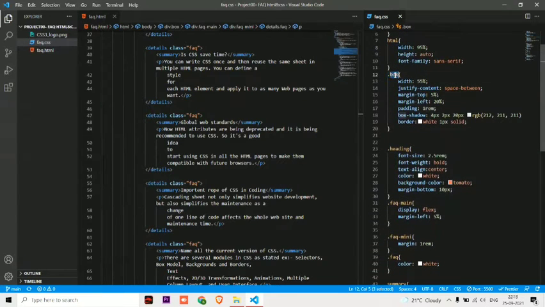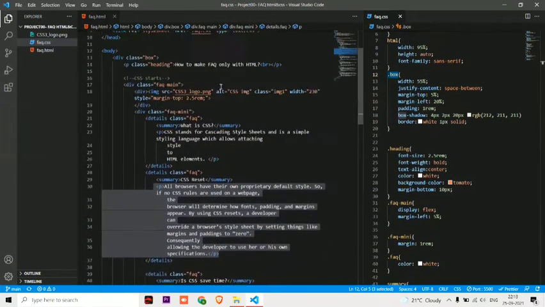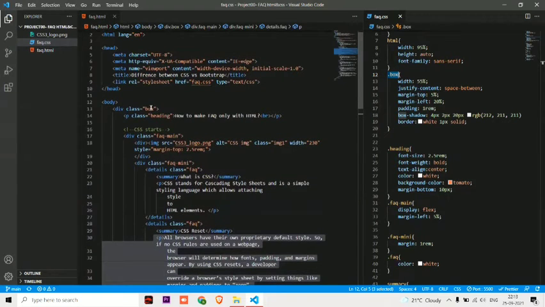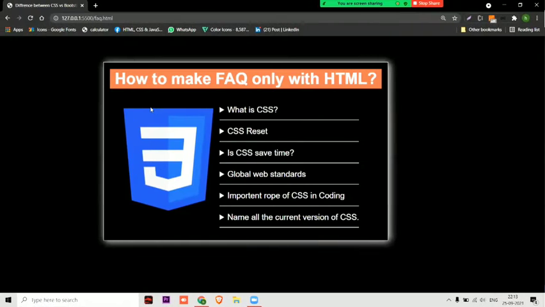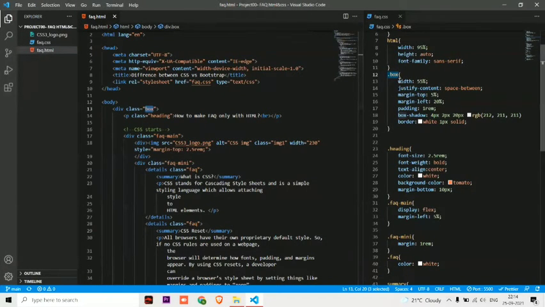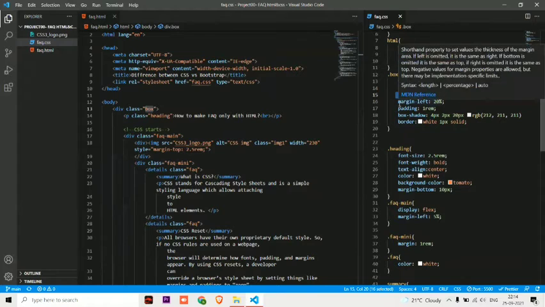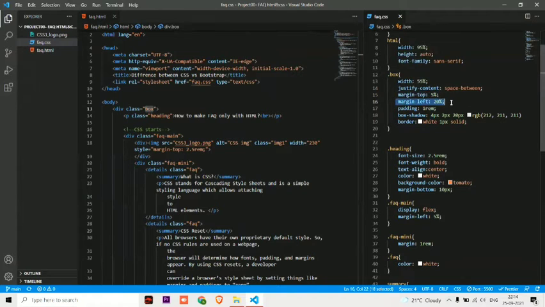Okay. And for box, which you can see here, as I have told you before, inside box we have put all the content, which you can see here. This is the box. Okay. So for box we have done some CSS. So width we have taken 55%, and justify content space between, margin I have given a little bit, margin top, margin left 20%, padding and box shadow, and this is the border.